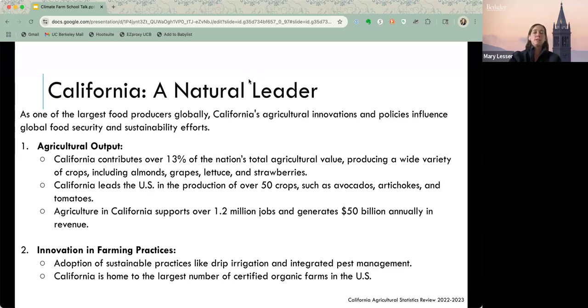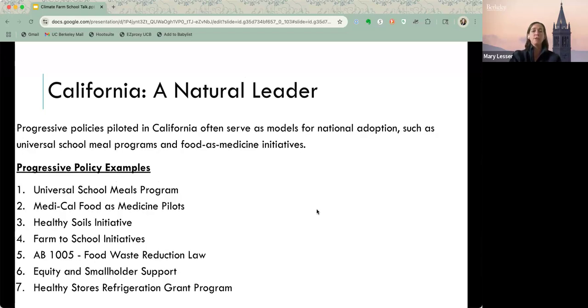And again, there are multiple other farming practices that California has become much more of a leader in supporting and providing, a pathway to continue the development of different farming practices that can be more sustainable and potentially even increase the nutrient densities of the foods that are being grown